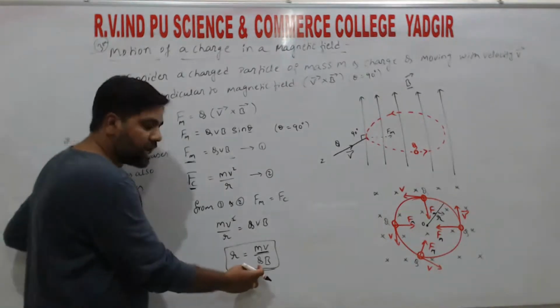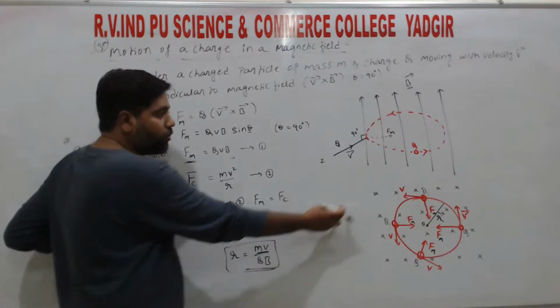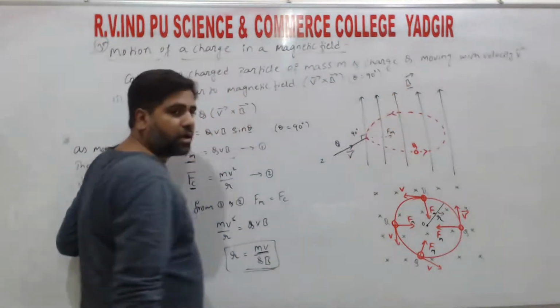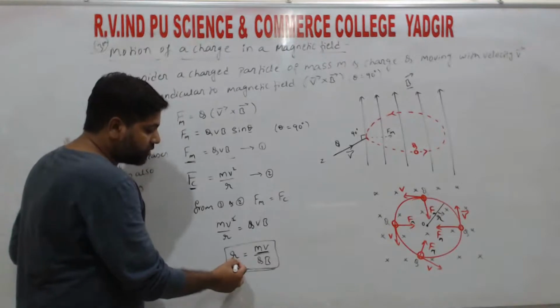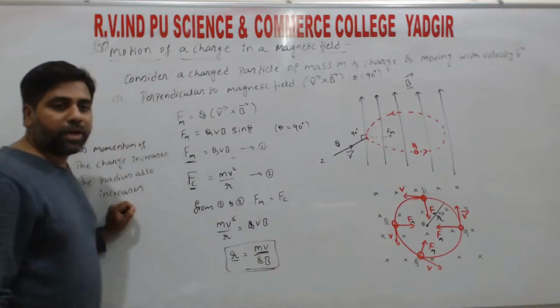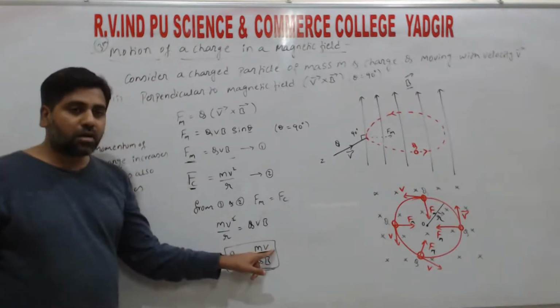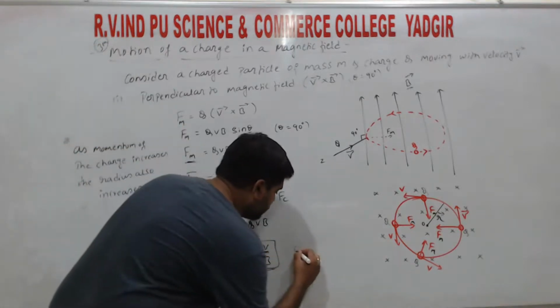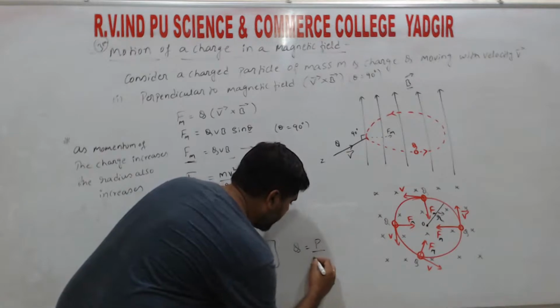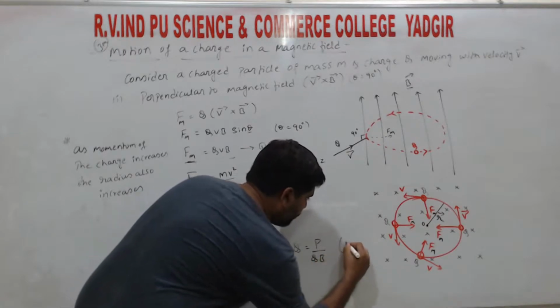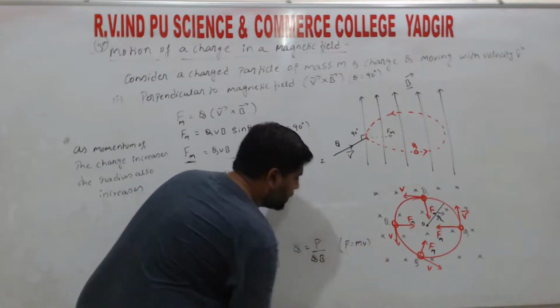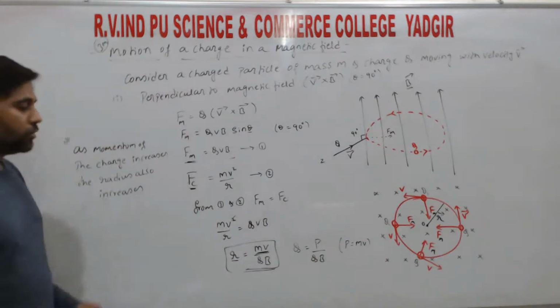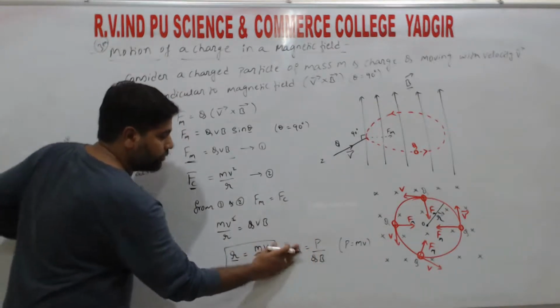Because the charge of the particle is constant, and the magnetic field applied is also constant, the radius is directly related to m into v. M into v we call the momentum. So r is equal to p divided by qB, where p is the momentum, that is m into v. So if the momentum changes,